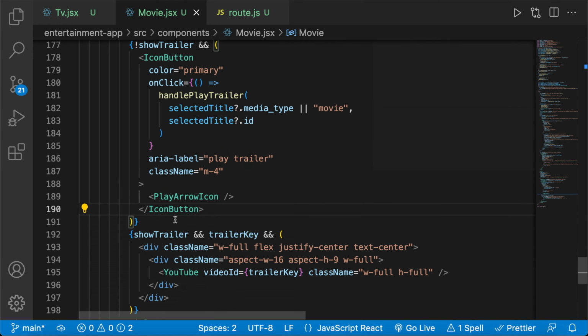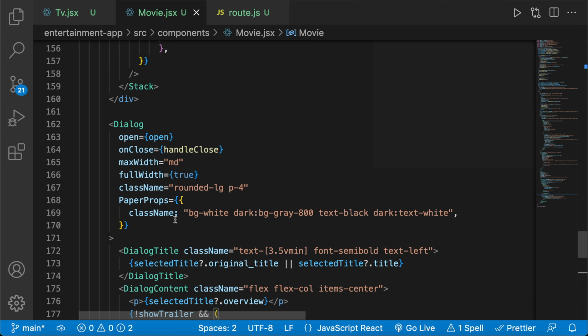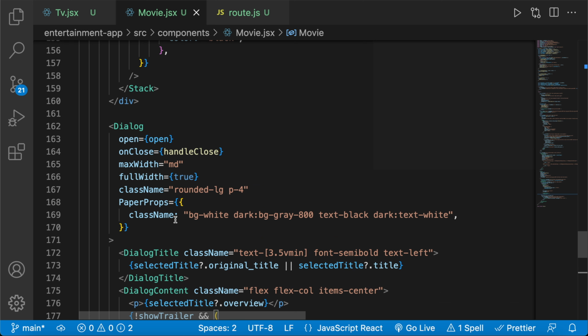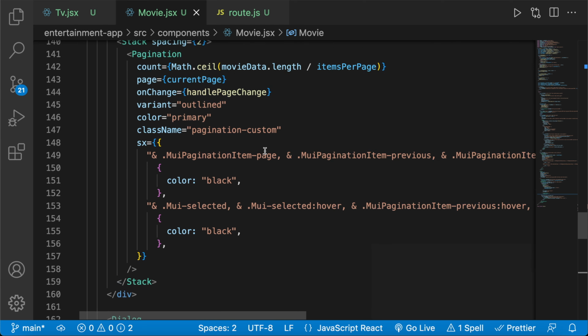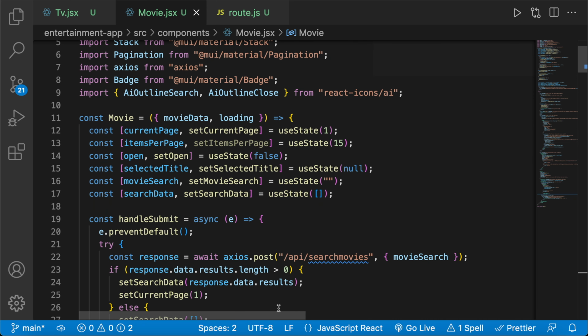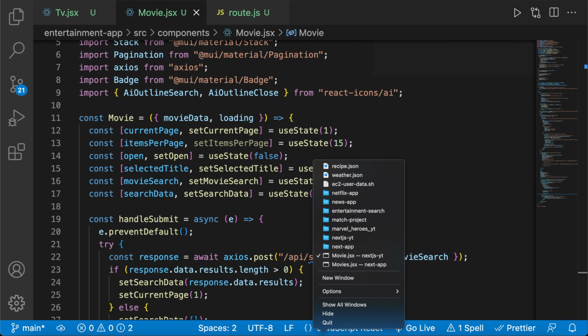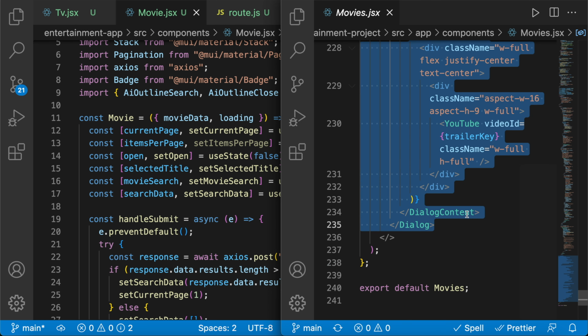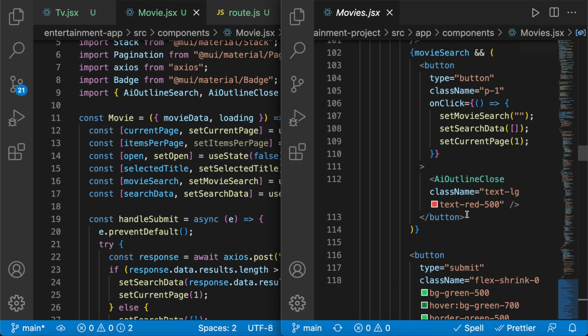The only difference is we're not going to be using a ternary operator or a condition statement that states if we do have TV as a media type. That's the only thing we're going to be taking out, because for movies, the only thing that's going to be rendering are movies. There's no TV, so we don't have to filter it. So with that, now for our dialogue here, we need also to get